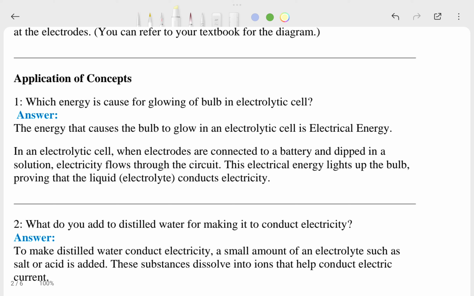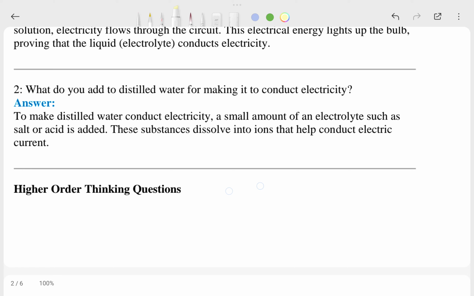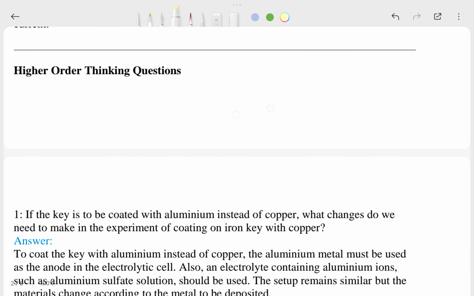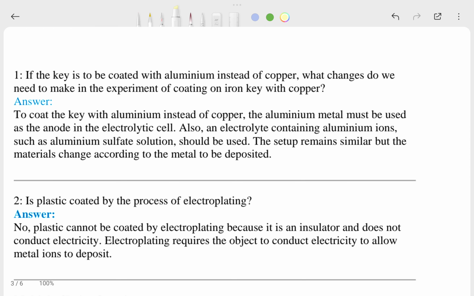The first question is: which energy is the cause for the glowing of a bulb in an electrolytic cell? Okay, so if it is clear, let's see the second question. How do you add distilled water to make it conduct electricity? Second question is over. Then we will talk about the higher thinking question, and the first question is that if